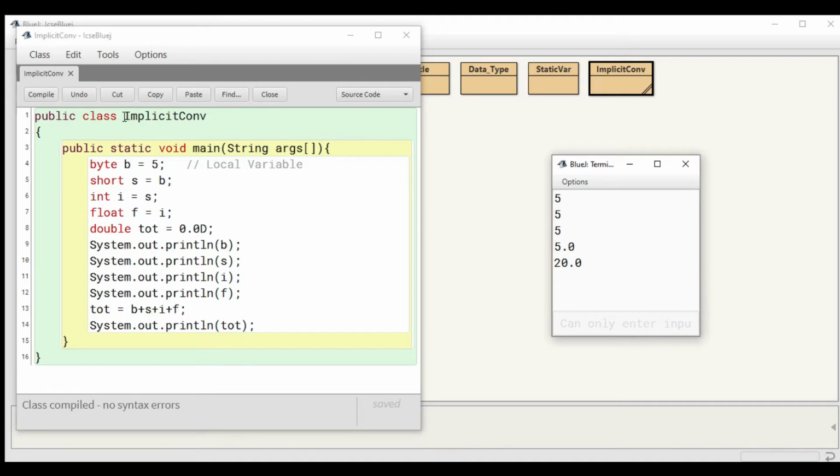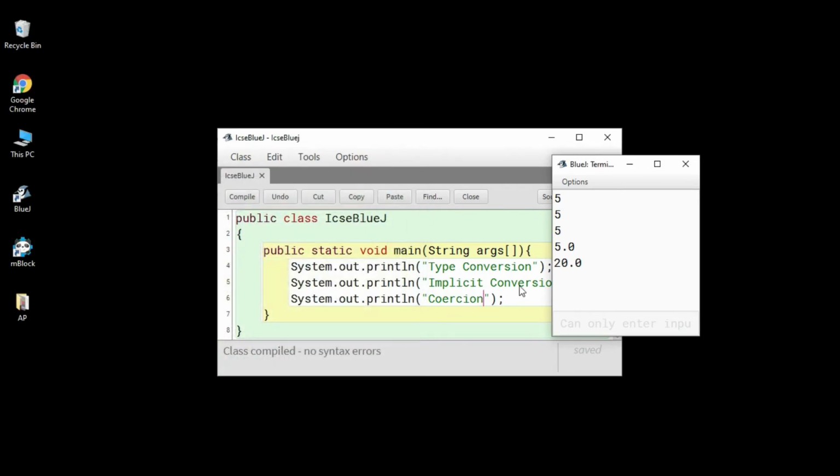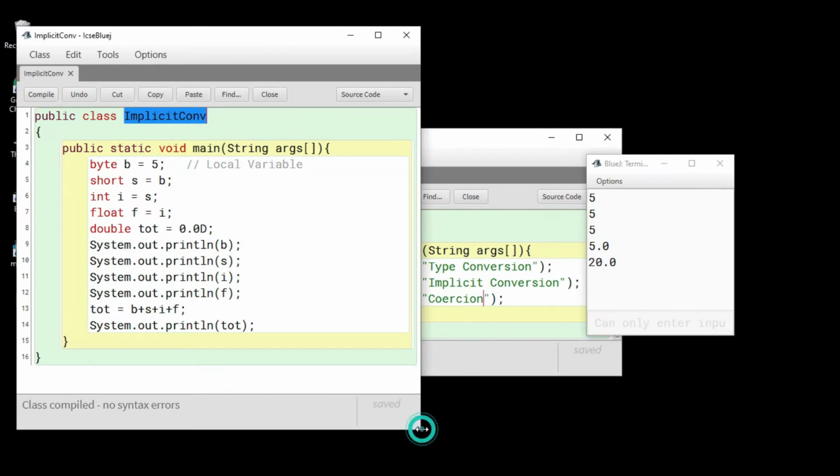I've given the class name as ImplicitConversion because we already saw that it deals with the topic called implicit conversion, so it is very much relevant with the program that has been asked. In this program I have got a main method, and inside the main method I have got a few variables. If you specifically watch, these variables are of primitive type, in fact they are dealing with different data types.